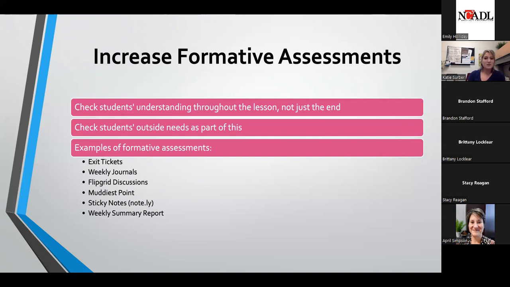But increasing those formative assessments allows us to be more proactive in our students' learning and understanding. It also gives our students the opportunity to see, oh, I'm really struggling this week, and I'm struggling because I'm not understanding the course material, or sometimes because they're just being lazy for the week, or maybe because they've had a lot of personal issues that they're trying to balance. And actually having to write that down opens a door that they could come talk to you,